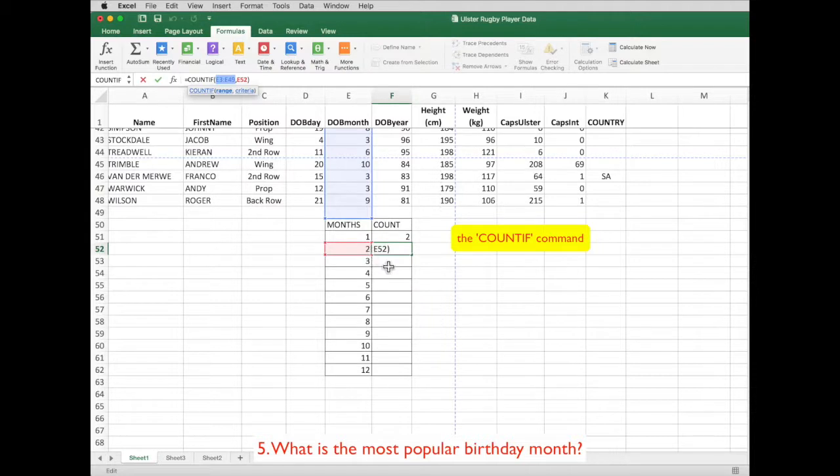So I didn't want the range to be updated. I wanted that to be fixed. And the way of doing that is to insert a $ sign. So I'm going to go back into cell F52 and I'm going to insert a $ sign just before the 2 and again just before the 48, and then press enter. And now if I copy the formula and paste it into all of the blank cells below,